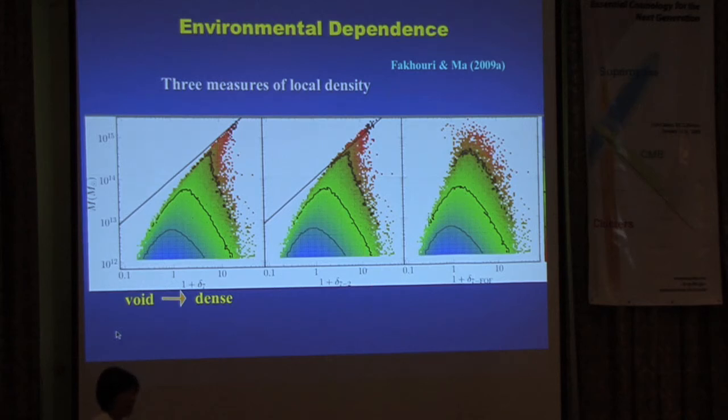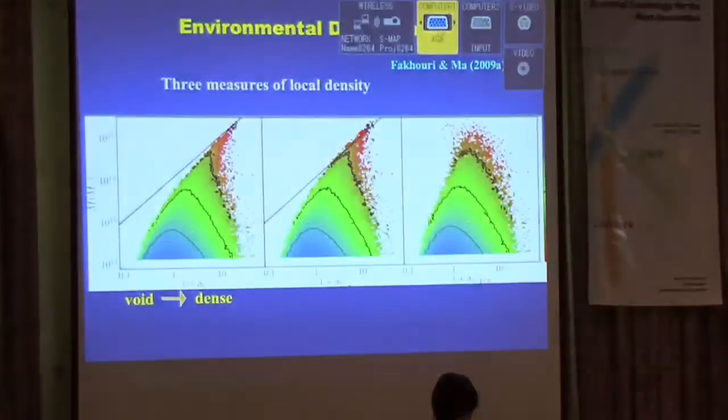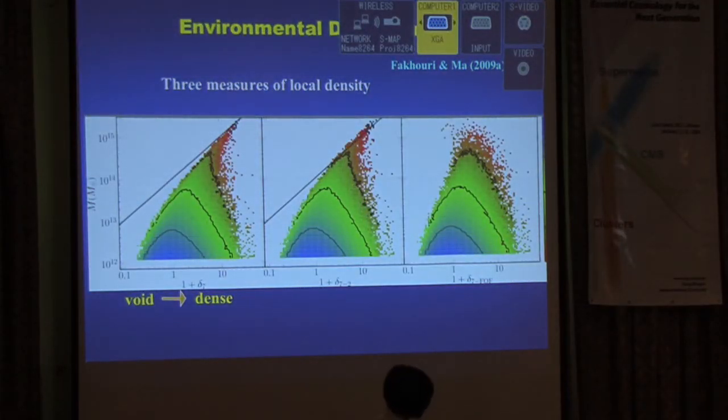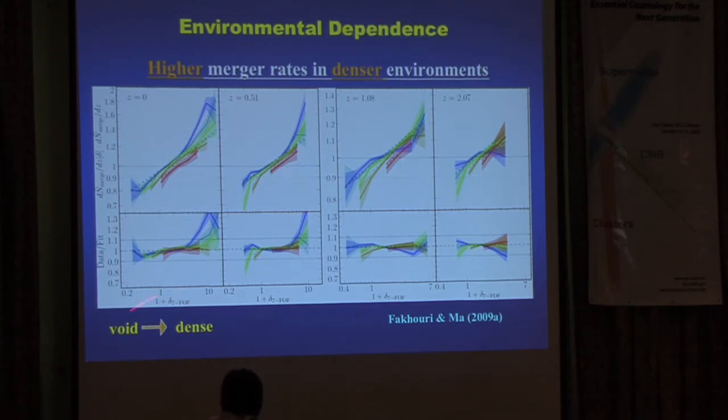So this allows us to ask a finer question. I showed you the global average rate, which is integrating over all the environments. Now we can go into each environmental bin and ask, is there any dependence of merger rate on delta? I'll use F7 minus FOF for the rest of the talk. And here's our main result: the merger rate as a function of F7 minus FOF, our environmental variable.